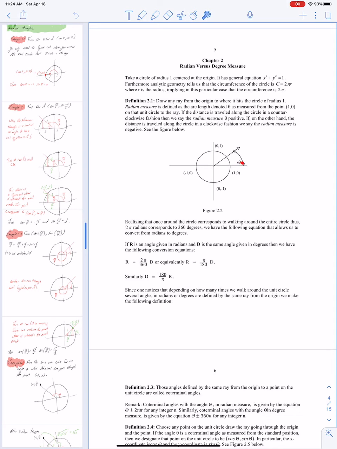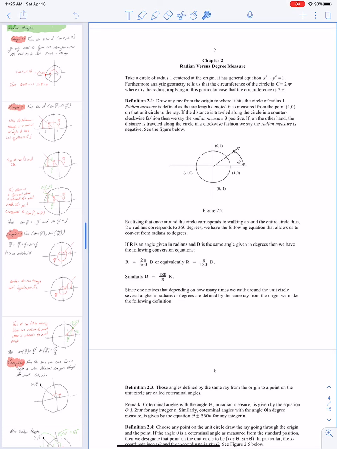So the initial side is the positive arm of the x-axis. The terminal side, that's where we end, is where our angle stops. Okay, what does radian measure? Well, radian measure is actually the distance walked as you sweep through the angle. So if you think about that,